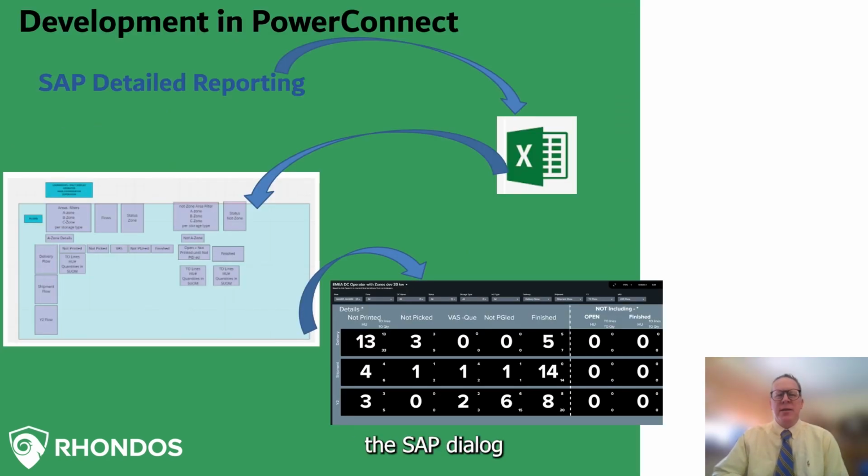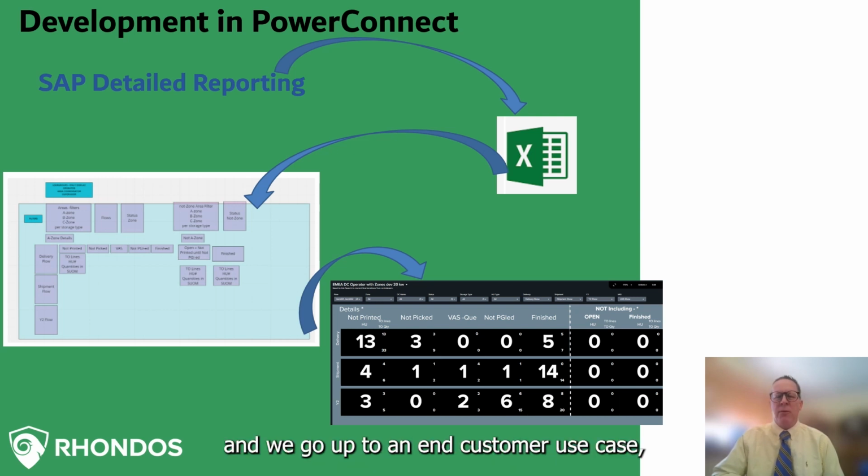So we've all used the SAP dialog to filter down quite a bit of the SAP detailed reporting. Often we'll take that and take a snapshot in time, and put it in Excel. Eventually, the Excel data kind of gets old. And if we've learned one thing, typically if we take that Excel data up to an end customer use case, by the time they have taken a look at the data, it might be too old for their needs. So typically what we end up doing is using an Excel file as one of the points of generating